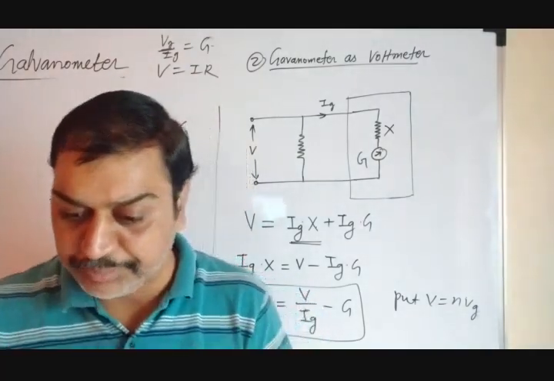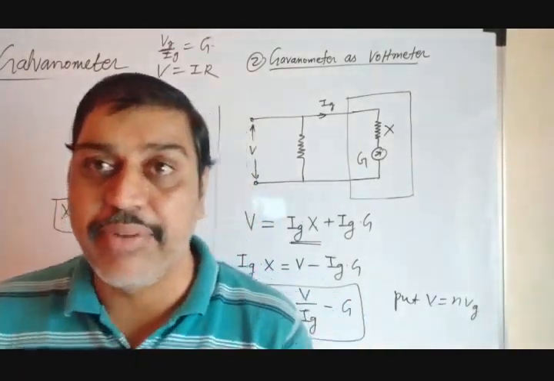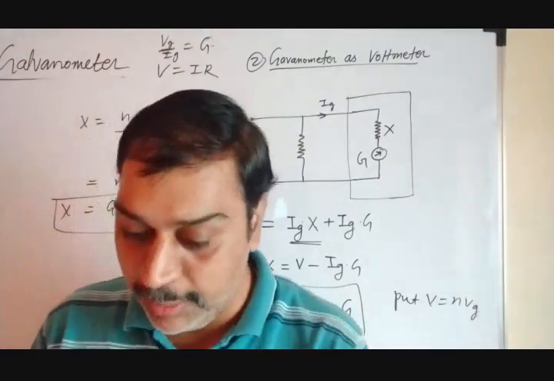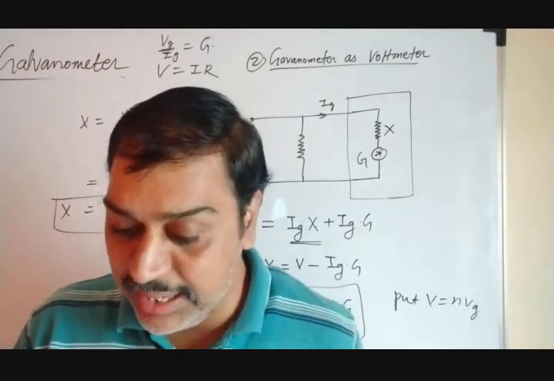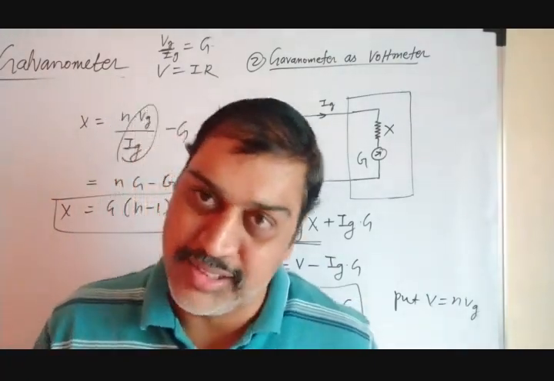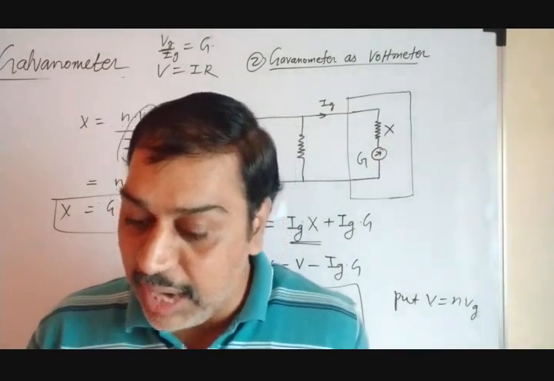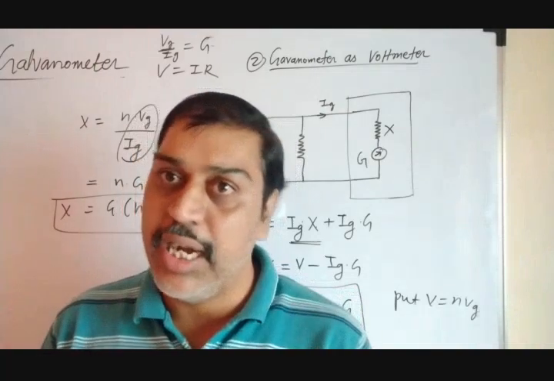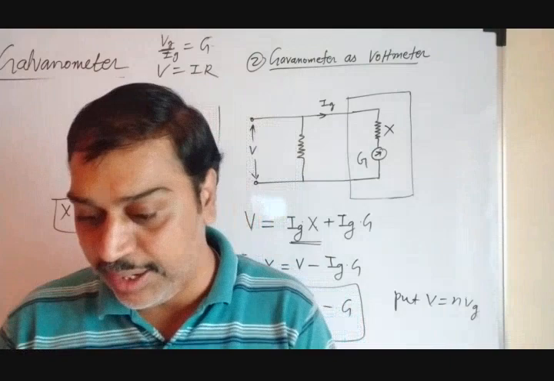Let's go further. In your book, the next topic they have mentioned is comparison between ammeter and voltmeter. So let us revise it first and then go to the next one. First difference: ammeter measures the current, it is common sense, and voltmeter measures the voltage. Second, ammeter is connected in series, as I have told you. Whenever we want to measure the current, it must be connected in series. For voltage, parallel. Same second point they have mentioned.